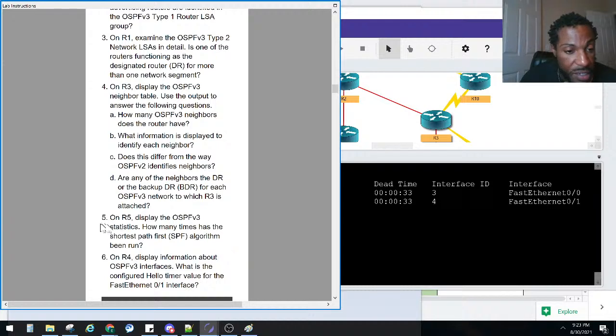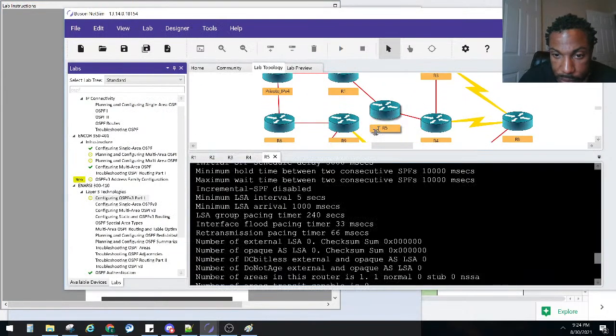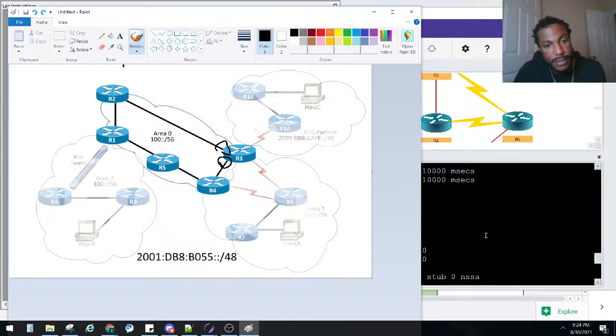Question 5 and then 6, and we'll call it night. We're almost done. On router 5, go to router 5, which is down here. That's this guy right here. The question was,